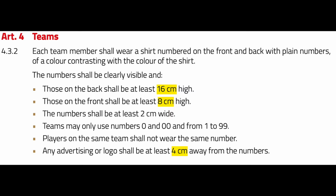So remember, a compression t-shirt is tight to the skin, and if you want to do a test, you can have the player grab the sleeve and let go. If it snaps back tight to that position, it's clearly a compression t-shirt. This is not a compression t-shirt because, one, visually you can see it moving while they're running in the air, and two, if you were to grab it and let go, it would stay like that. It wouldn't snap back to the skin. So, legal, illegal. And just to touch on the other small clothing rule change,